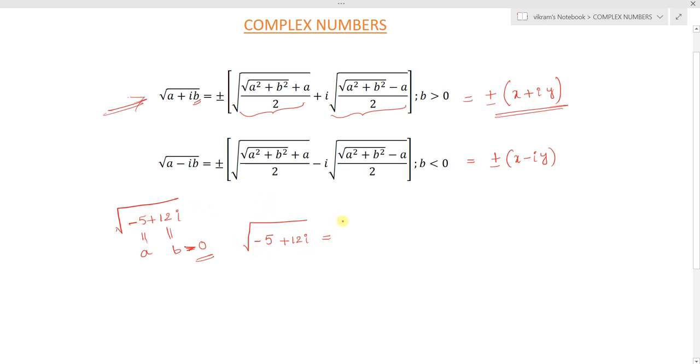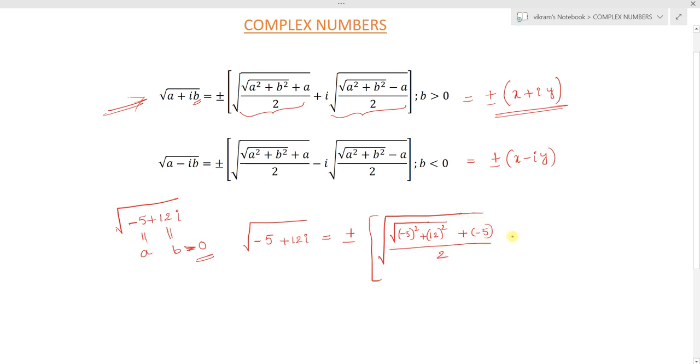Using the formula, a equals minus 5, so we get the square root of (square root of minus 5 whole square plus 12 whole square, plus a, that is minus 5) by 2,